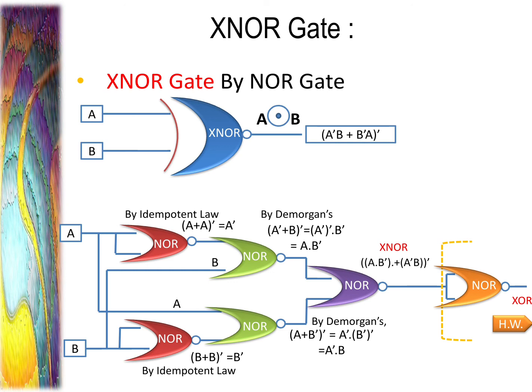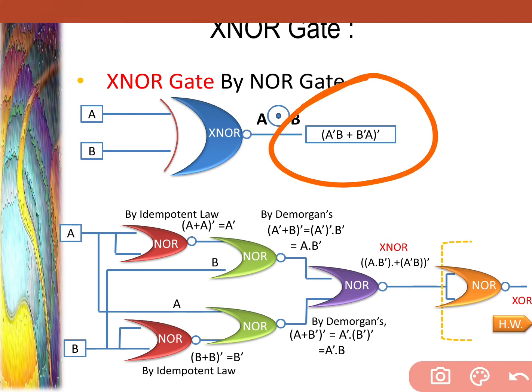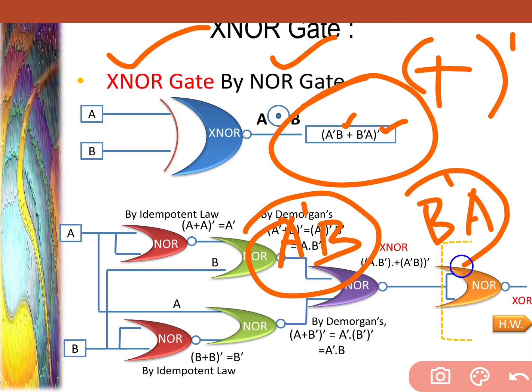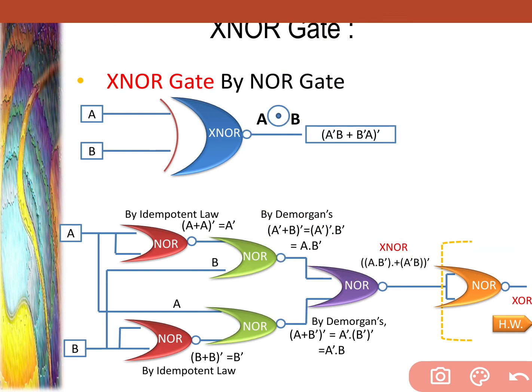See what I am going to do. I want to concentrate on this formula because this one is for XNOR. I have to create it by NOR. And see, NOR always provides us plus and whole dash. And now we are having plus with whole dash. We are having everything. But now what we want? We want A dash B, B dash A. This much we want. We are having plus and dash. And this we have to create anyhow. We have to create this much. See how we are going to create.